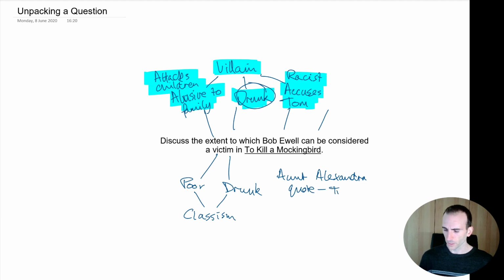I can't remember. I think she's actually talking about Walter Cunningham, but I think maybe that could tie into this idea of being poor, and of being classist. So I definitely need to look up that quote when I come to it later, and I can keep going